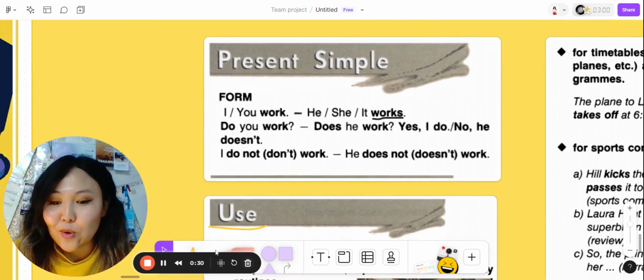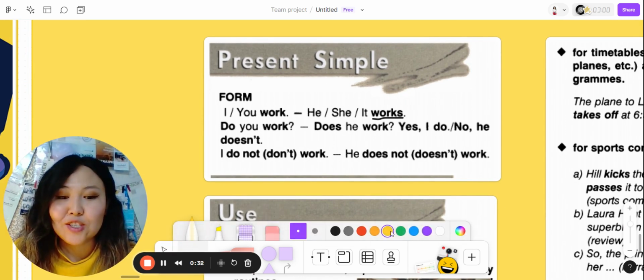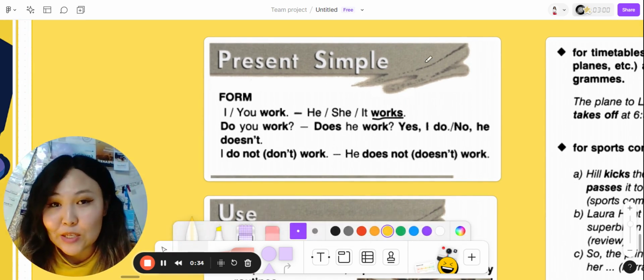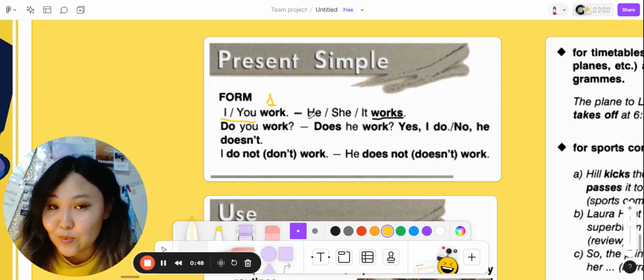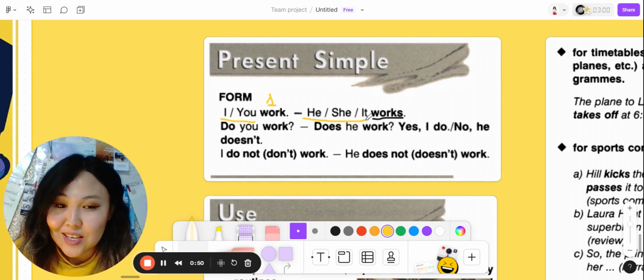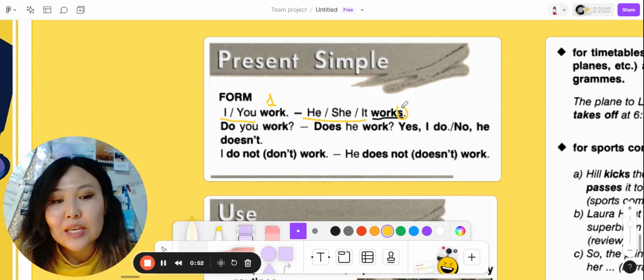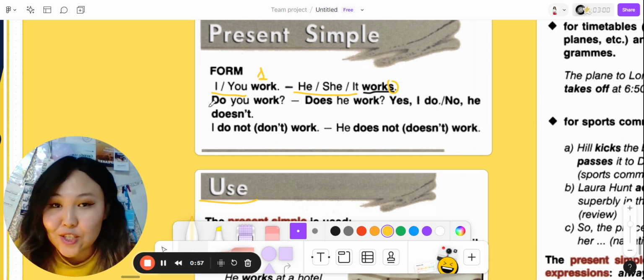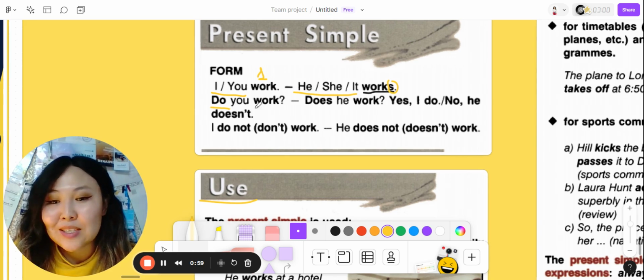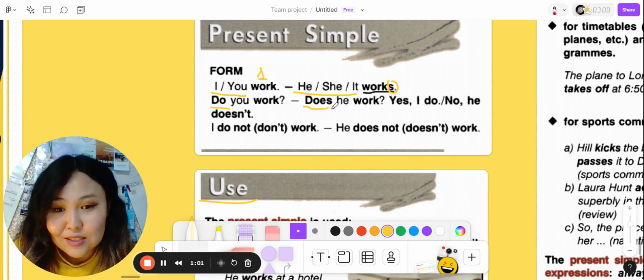As usual, we are going to remember or just refresh how we form sentences in present simple. It's pretty easy. We all remember that for pronouns like I, you, we, they, we just use the first form of the verb. But when it comes to third person singular, like he, she, it, we usually add s or es to our verbs. When it comes to questions and negations, we use auxiliary verbs like do, does, and